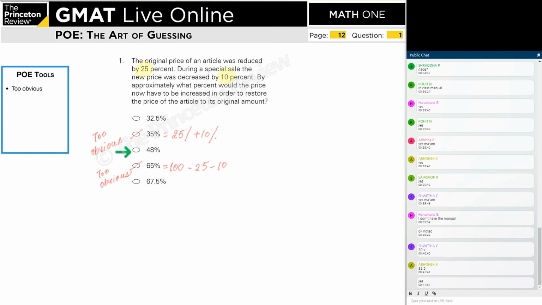So right now, the point is this, that if you do not know how to solve a question, or let's say you got stuck on a question, rather than making a random guess, make an educated guess by eliminating some of the obvious answer choices and then picking from the remaining ones. Now you can see that you are left with 3 answer choices. If you pick any answer choice out of these 3, your probability of picking the right answer is now 33.3%, which was only 20% previously if you would have randomly picked from 5 answer choices. So your probability has increased for picking the right answer.